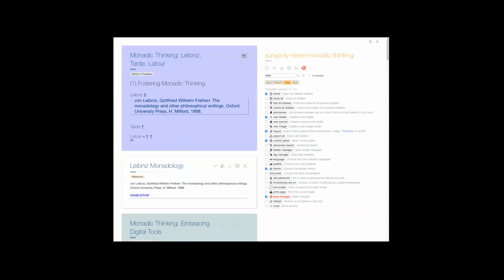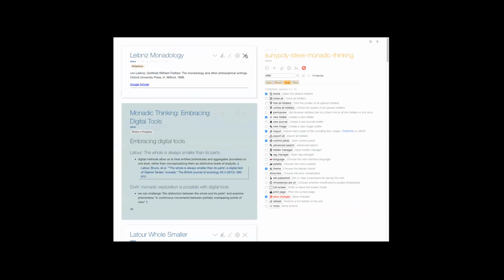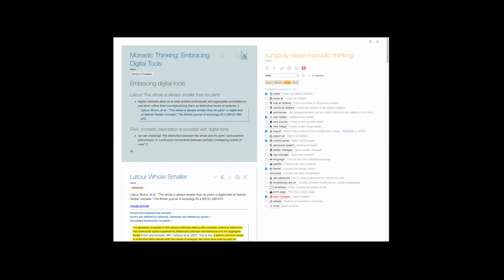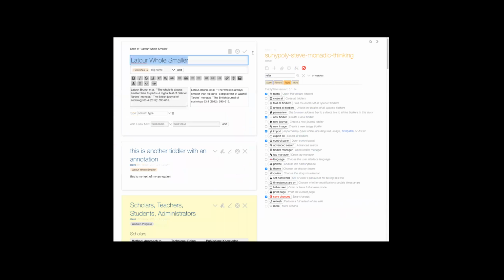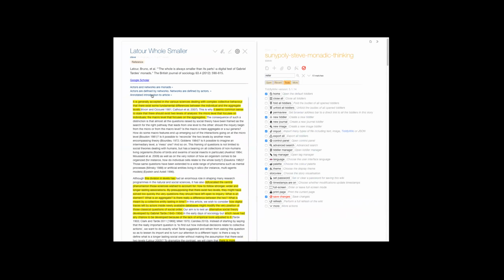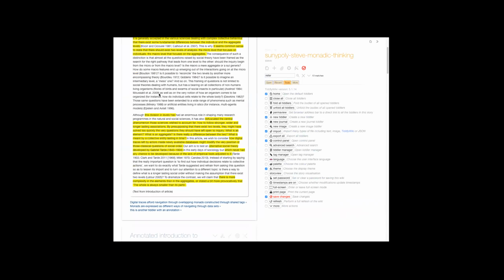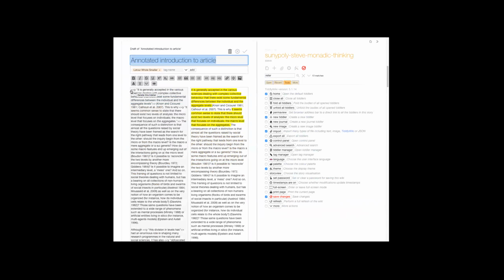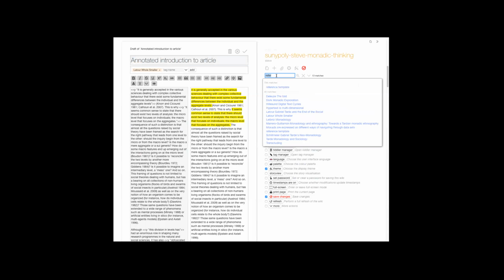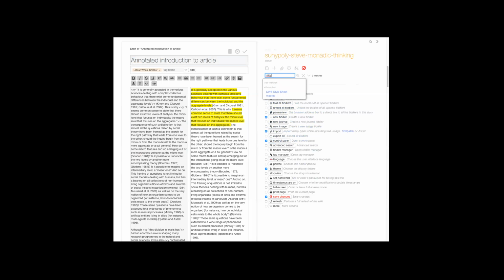I want to go back and show you that highlighting that I did here. Okay. We want this annotated introduction to article, and this is my own macro that I wrote. I don't know how you'd know.